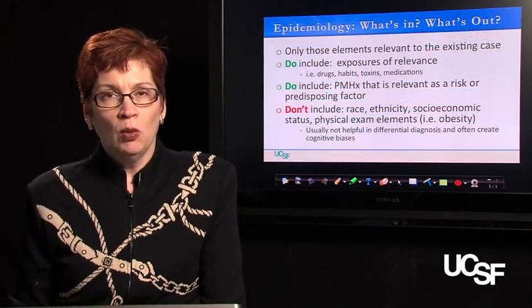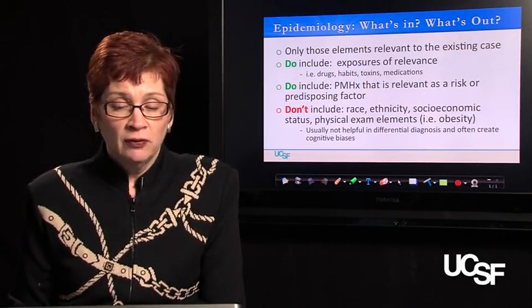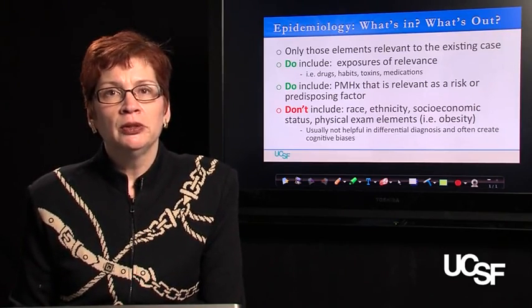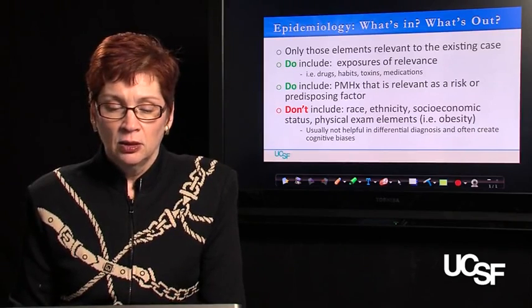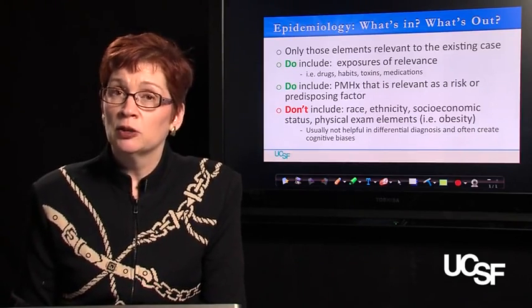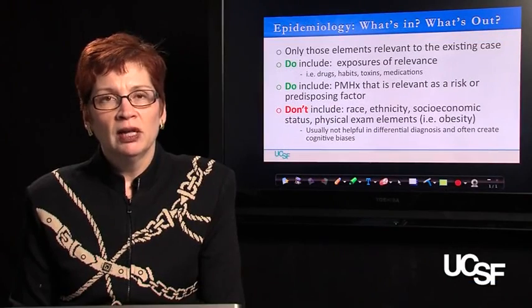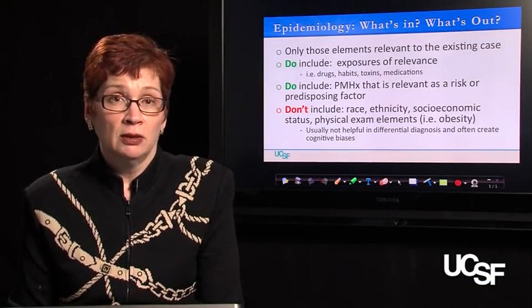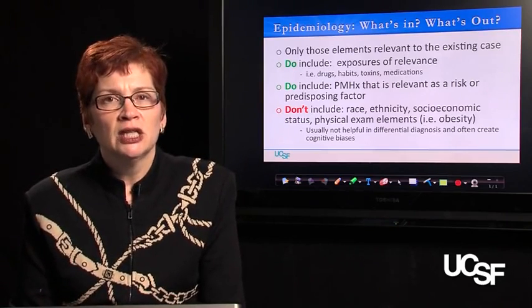So in epidemiology, what things should we include in the patient's illness script? What's in, what's out? Well, first off, as a general principle, we only want to include those elements of epidemiology that are relevant to the existing case. So we should include exposures of relevance. Any drugs the patient is taking, any habits they have, smoking, exercise, alcohol, toxins they might have been exposed to, and medications they're taking that might be relevant to the symptom that they are presenting with. If it's not relevant to the symptom they're presenting with, we'll put it in another aspect of the illness script,